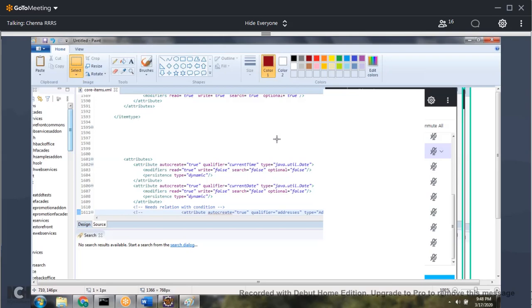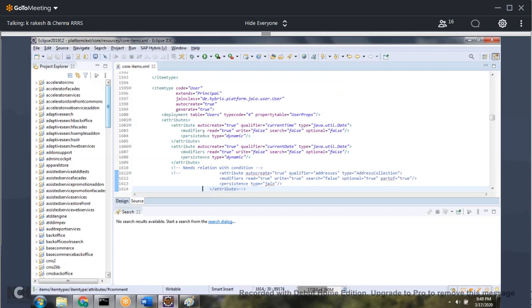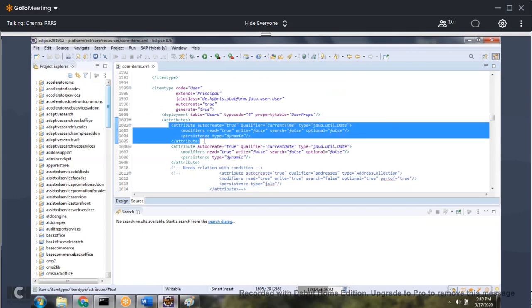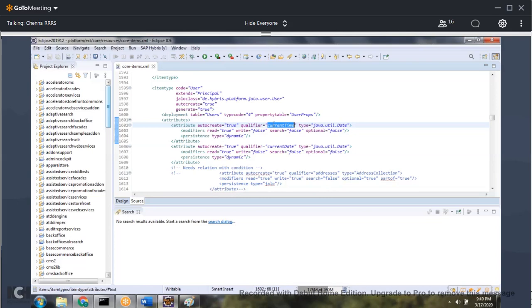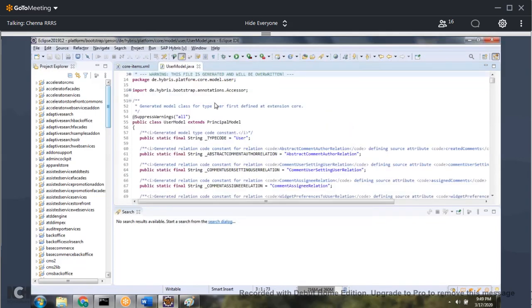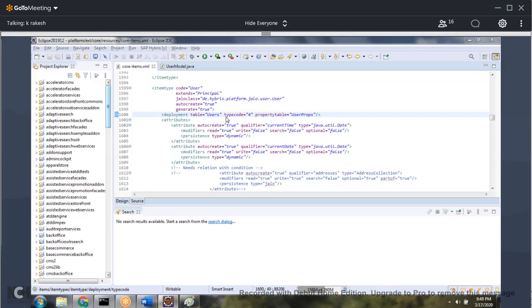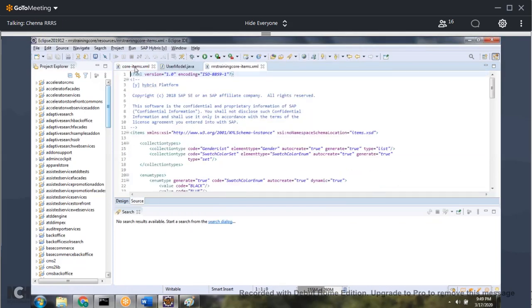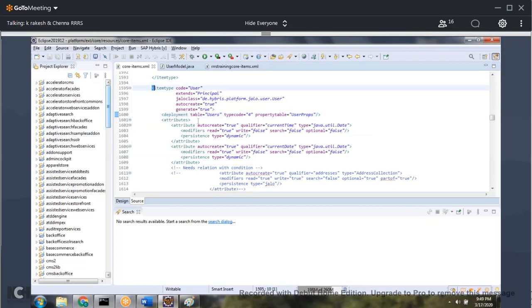In the core extension, for what purpose are you doing this? By adding the new attributes, right? For this new attribute, a setter and getter method is required in the model class, right? So it will not generate a new class, it will just add it.